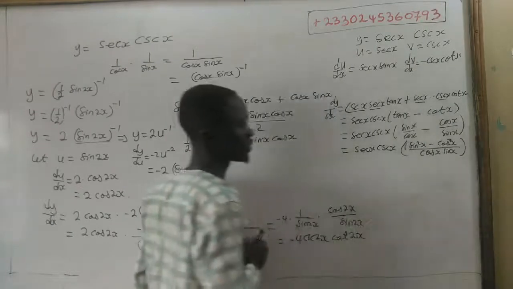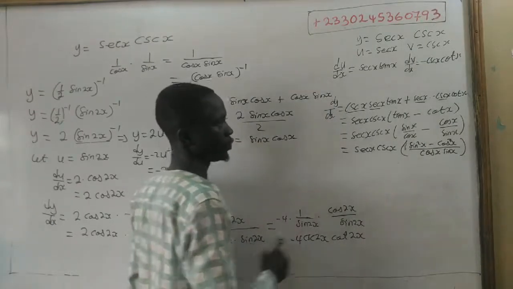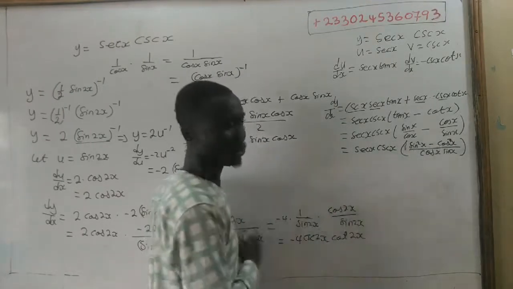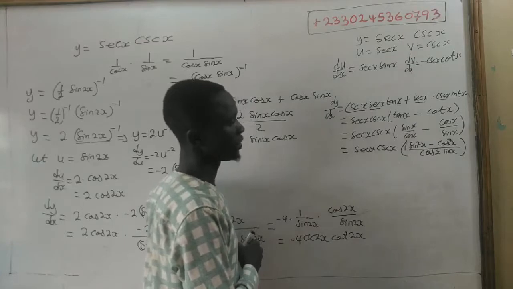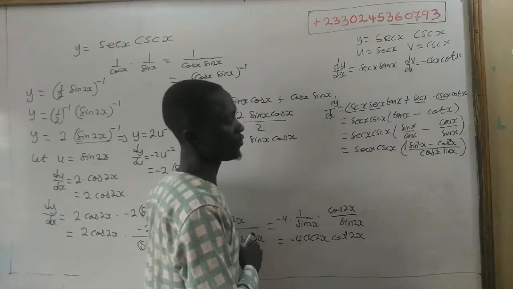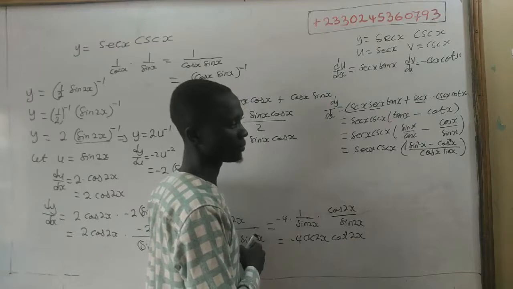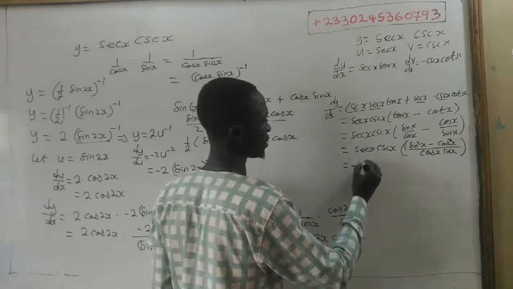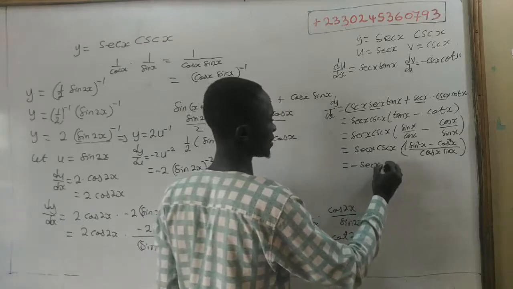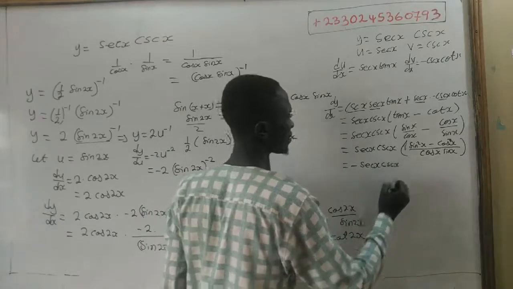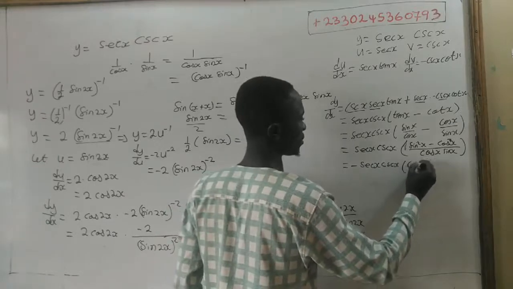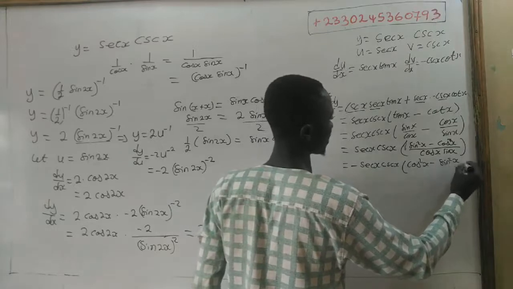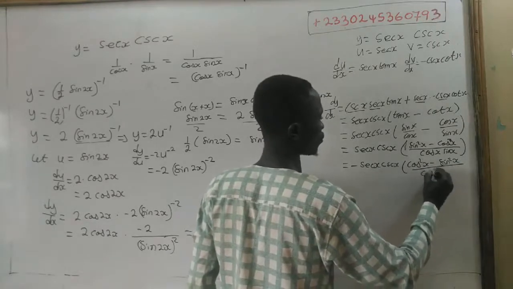Wow. And here, what do you see? We have a negative sign here, so you can factorize the negative out. Very simple as that. If we factorize the negative out, what will happen? We are going to have negative secant x cosecant x into bracket cosine squared x minus sine squared x all divided by cosine x